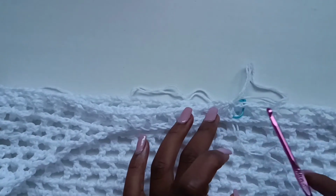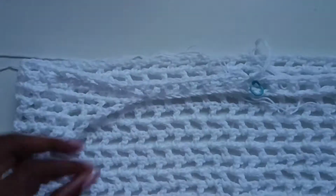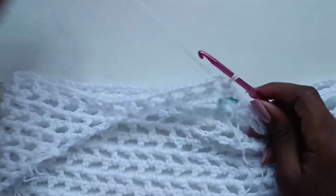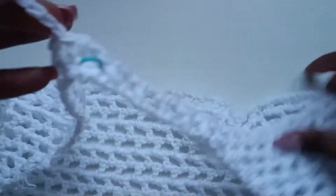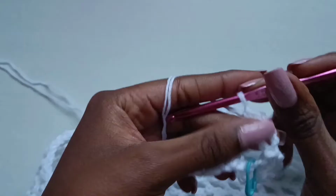So we're done with that row, and you should go back to double check that the number of stitches you have on each side are the same. I have 6 stitches on each side, and this is generally what you should be having at this point. We are now working the skirt area, and this is going to be our point of origin, and we will be chaining 4 each and every time we start a row. So you chain your 4, turn your work, and go into that very first stitch in that space and do